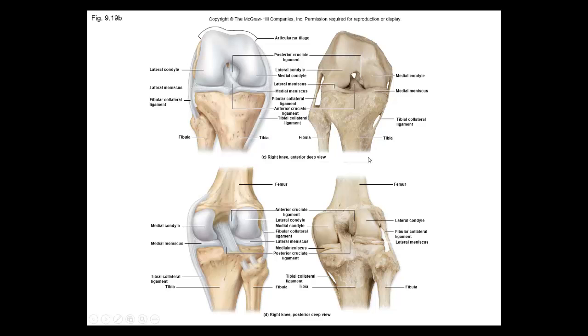The anterior cruciate will prevent the forward displacement of your leg, so it prevents the leg from sliding forward away from your femur, and your posterior cruciate will prevent the tibia from sliding backwards away from the femur. So once again, anterior cruciate prevents the forward displacement of the tibia. The posterior cruciate will prevent the posterior displacement